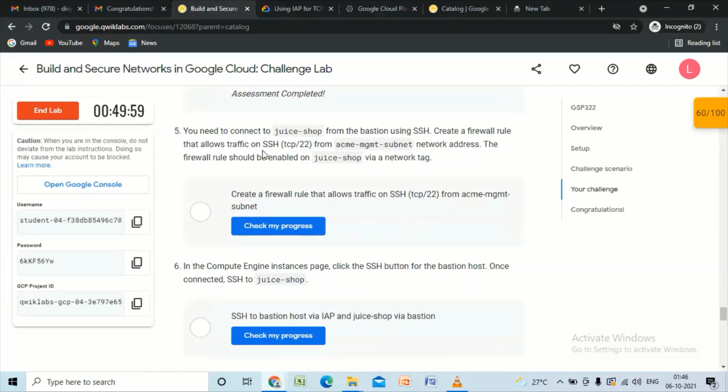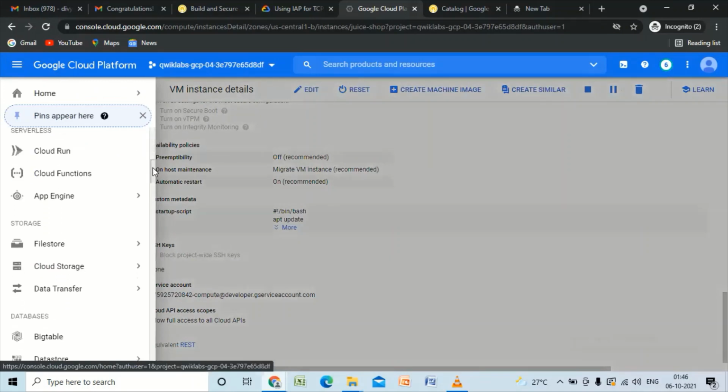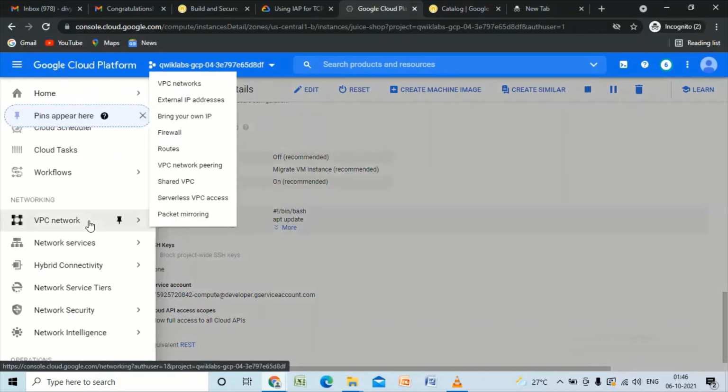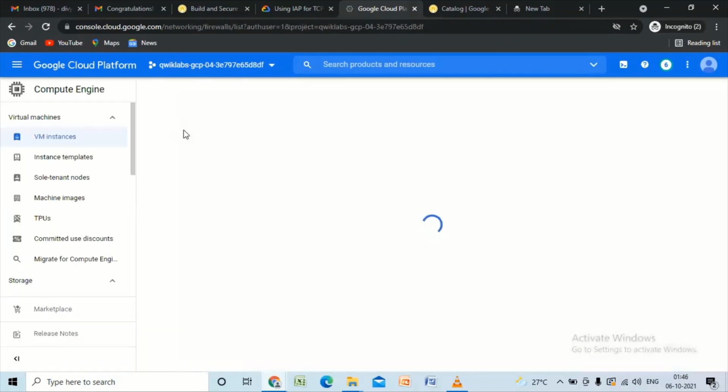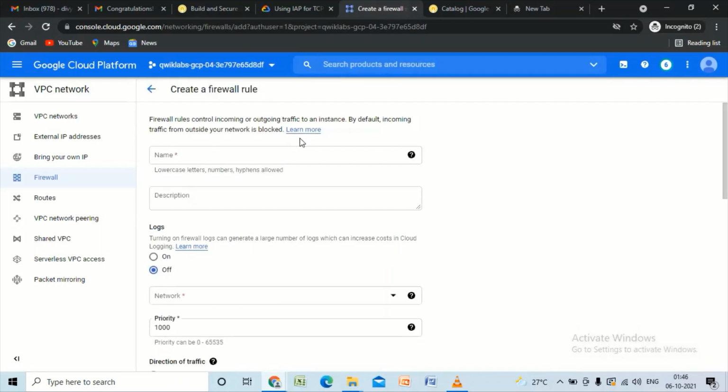Now task 5, which says that we have to connect Juice Shop to the Bastion using SSH. And we have to create a firewall rule for that using this network address. We can just copy this network address. Go to VPC networks again. Firewall. Click on create firewall rule. Name it.